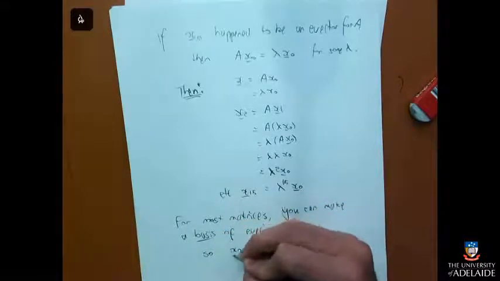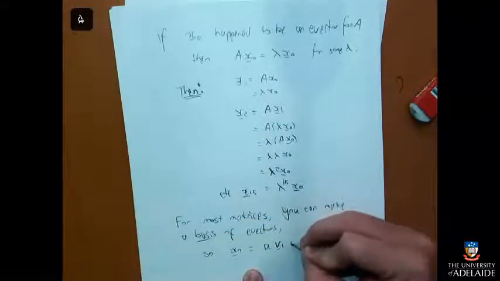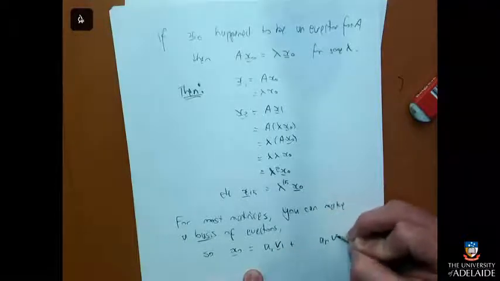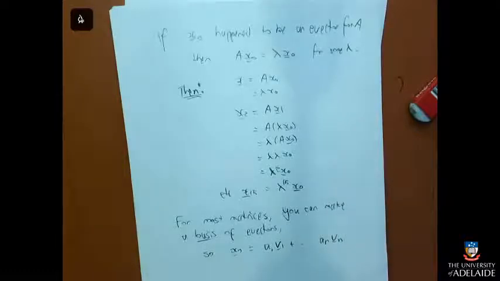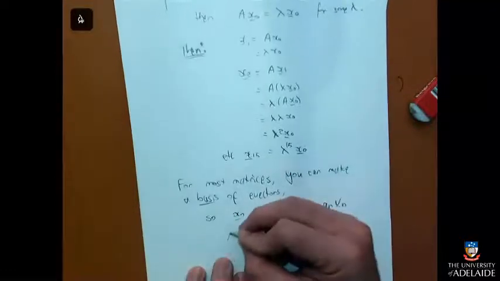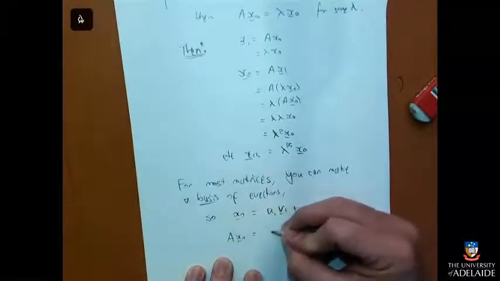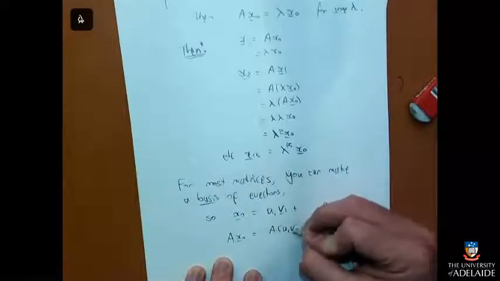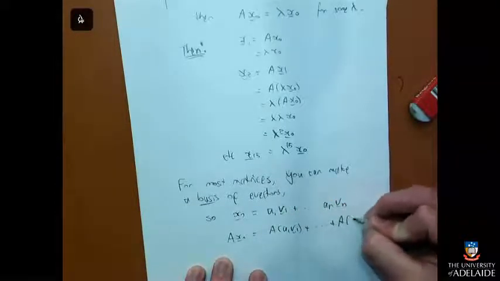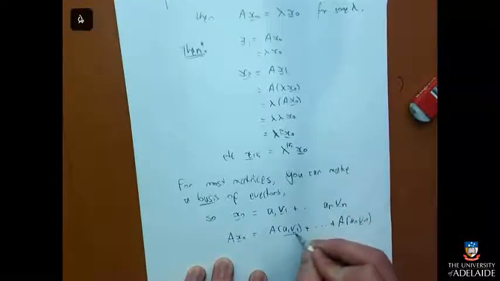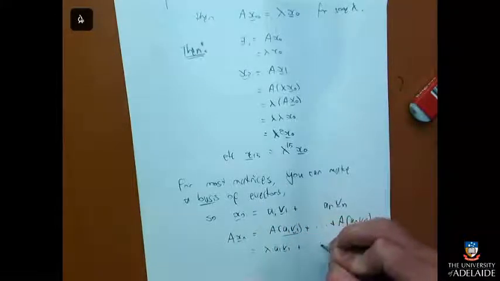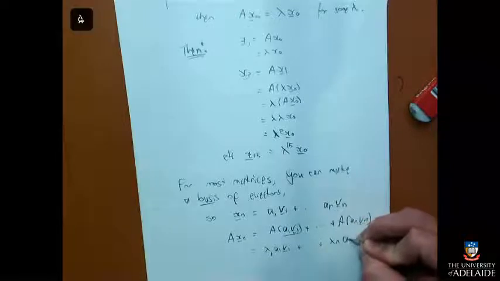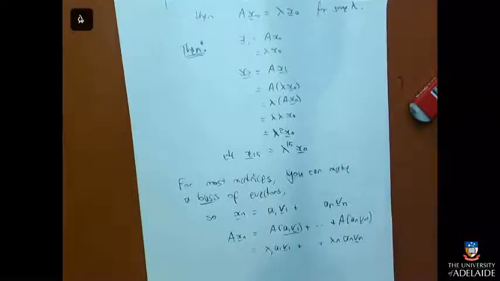So no matter what x naught was, you could write it as A1 times eigenvector 1 up to however many you need, An times eigenvector n. And A times each of those is just multiplying by the matching eigenvalue. So A times x naught would be A times A1 V1 plus A times An Vn. And that's an eigenvector, so you just end up with lambda. Each V would have its own eigenvalue.